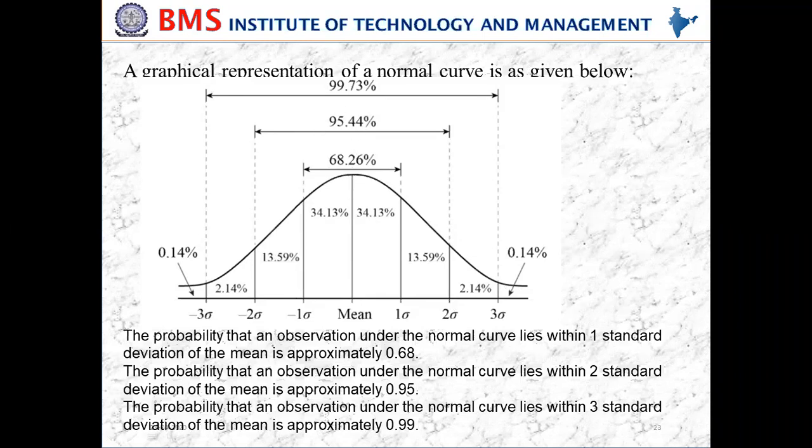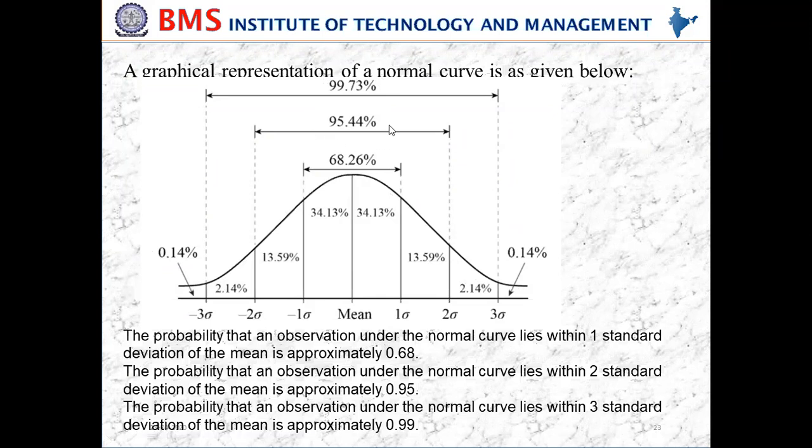So how to calculate the area under the normal distribution curve? You need to calculate the z value, that is x minus mu by sigma. That is called the test statistic. So you find x minus mu by sigma and convert it to the z value. Based on the z value, look into the normal distribution tables and find the area under the normal curve. That's how you can calculate. Within the two limits, the upper limit and lower limit, plus or minus 3 sigma limits, the area under the normal distribution curve will give 99.73%.